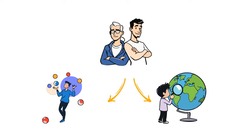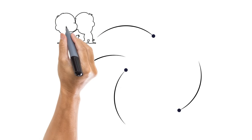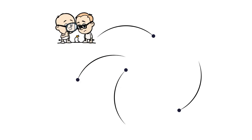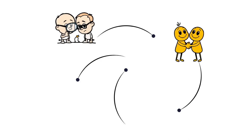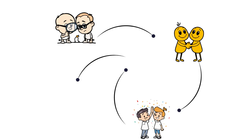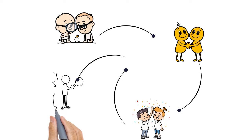This might lead them to overlook important details or become impatient with tasks that require a lot of attention to minutiae. In the workplace, yellows are great team players and natural motivators. They can encourage their colleagues and bring a sense of fun to the work environment. However, they might need someone else to help them stay on track and to handle tasks that require a lot